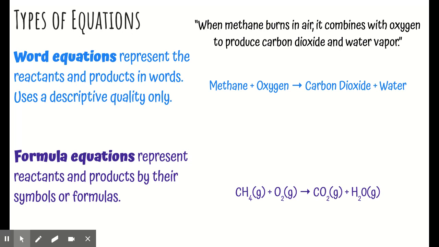Then you can go even further, which is necessary to balance, and put it into a formula equation. The formula equations have to have the symbols, the full formula written out. So if you have CH4, that's methane, you would need to have the CH4, plus in between anything that's being added together. And then the arrow in the middle is called yield. It yields whatever the product is. So you have your reactants on the left-hand side, your products on the right-hand side, the yield sign in the middle, and then if it's asked for, you want to put in those,